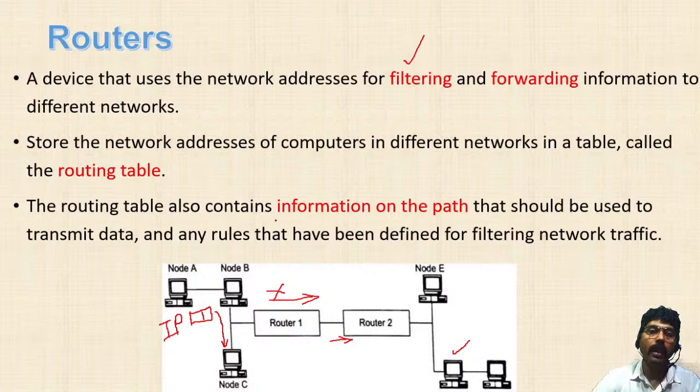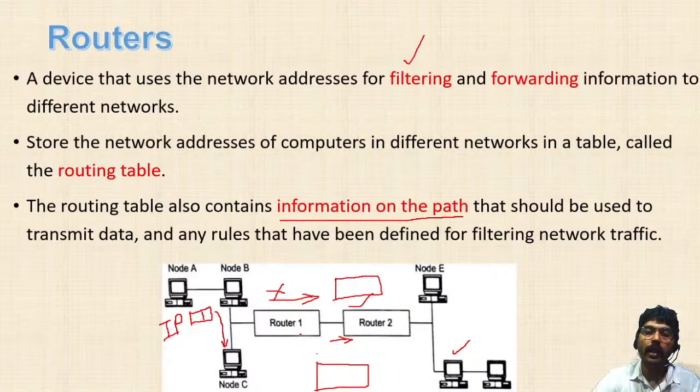Router also contains some information on the path. It also maintains some path. If I want to send data to node D, which router do I have to pass? This router already knows, so it sends it to router 2. There may be some other routers available in between. There are so many different routers in between, but